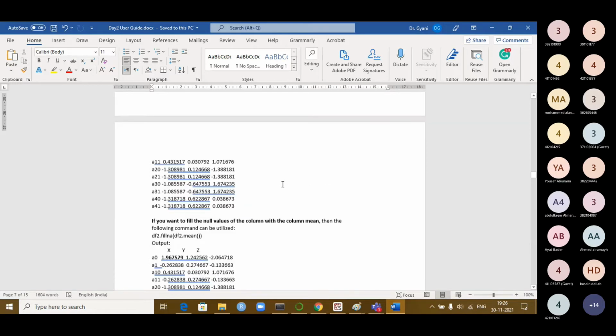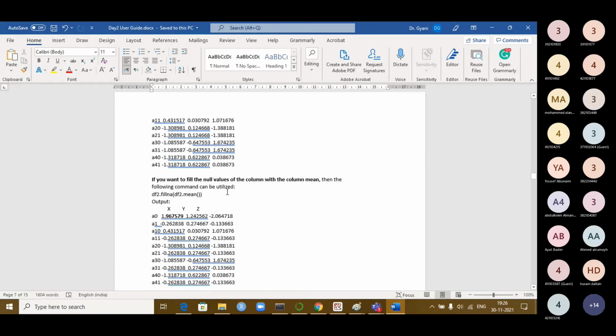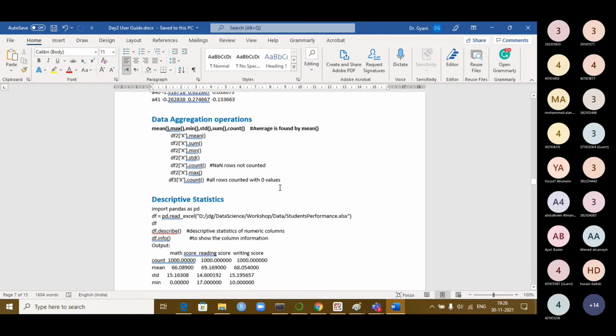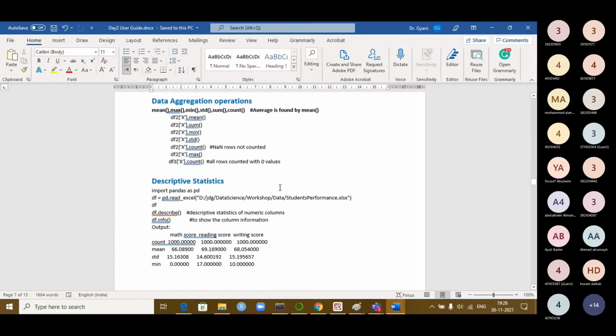This is forward propagation. This method is with the column mean. So we are calling df2.mean and showing this data here. Now clear? We have done. So there are three methods: filling with zeros, filling with padding, that is forward propagation, copying from the previous cell value, and the third method, taking the average of the column values and replacing the not available values, that is, the missing places. These are the three common methods used regularly.